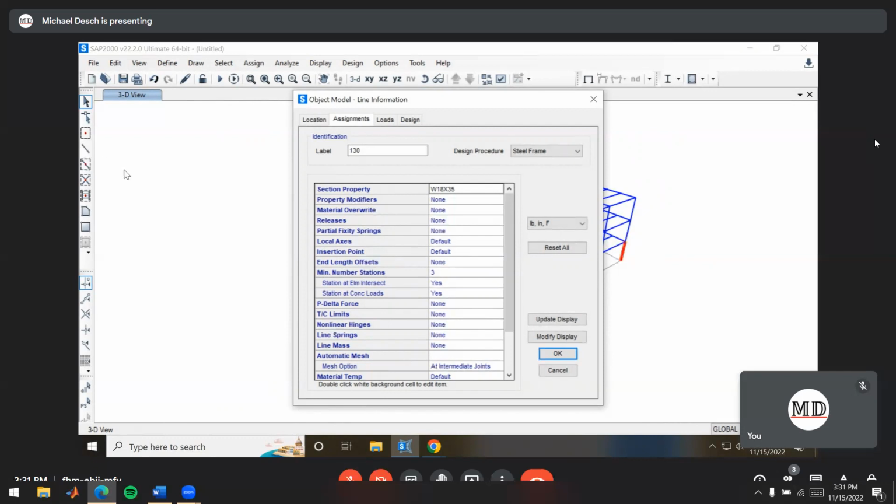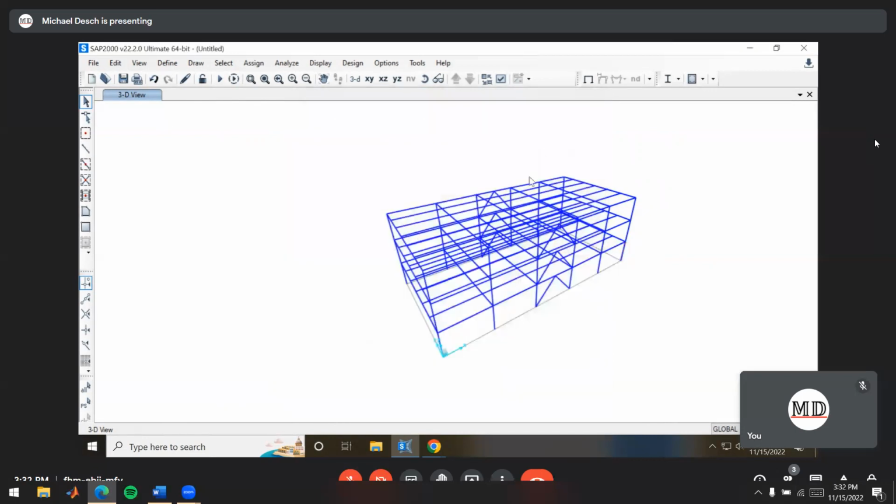So what we need to do is go and import all of our cross sections now, and then assign it to all of those, as well as add our boundary conditions as well. And then we'll need to make areas for our floors and the windward face of our building too. So first things first, let's go and import